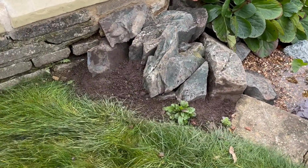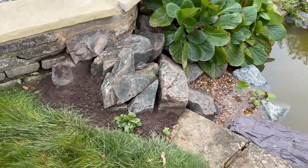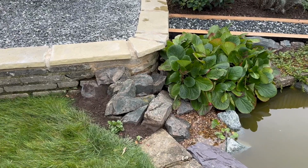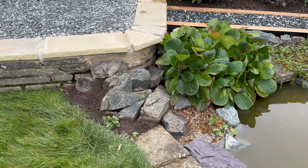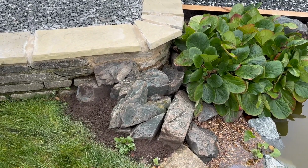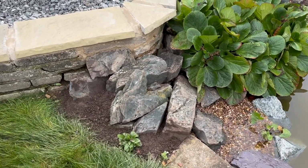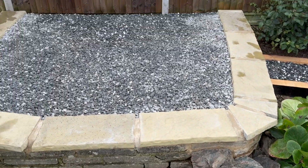Same as down here, I built up that soil, just a small little berm up to them. That just sort of sells the idea that they've established there, the soil's gradually gone over them in time, rather than just plonking them all down and it looking like a pile of rocks that's literally just been put there. Anyway,